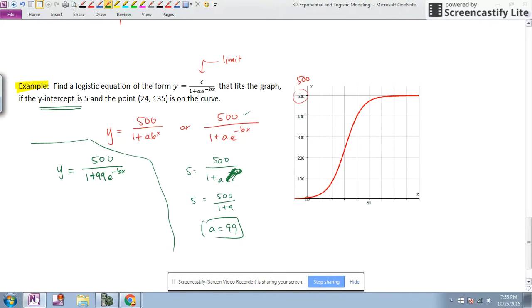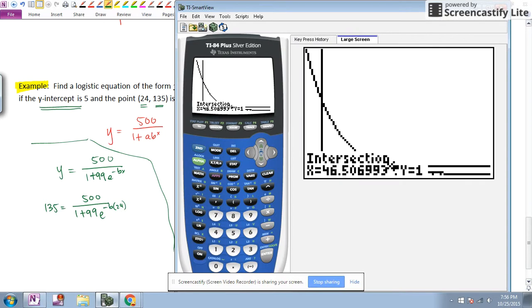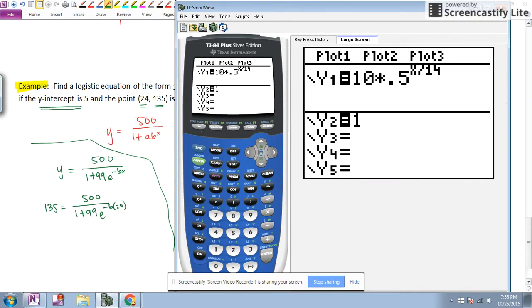Well, that's not a big deal because now I have this other point. When there's an x and a y, I can plug it in and I can find out what b is, and then I'm done. Because remember, Euler's number e, that's a number. So you can treat it like the number 3. So here we go. I'm going to do 135 equals 500 over 1 plus 99 Euler's number to the negative b times 24. And of course, I'm going to use my calculator, and I'm going to say y equals, do the gross one on this side, 500. Oh, you know what? I'm going to use the fraction button, alpha F1,